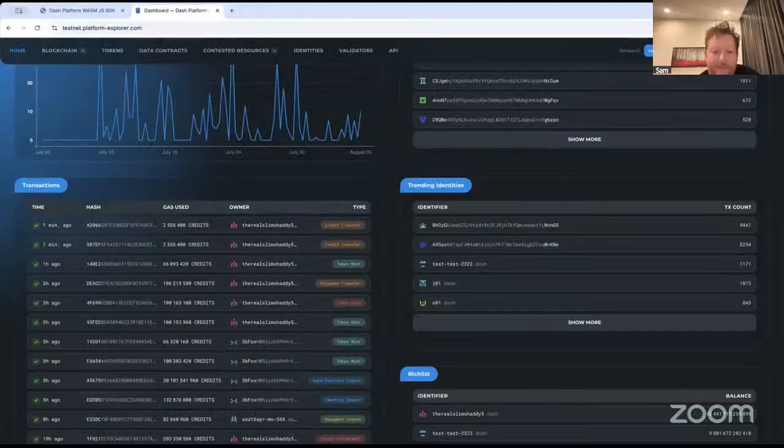I don't like people trusting me. Let me share it. Where is it? In here. Yeah, so you guys can see there were these two credit transfers. So they went through. There seems to be some issue with DAPI responding properly,